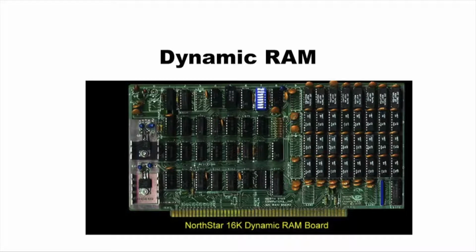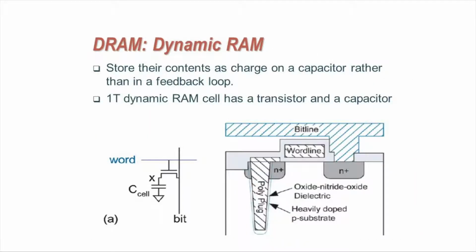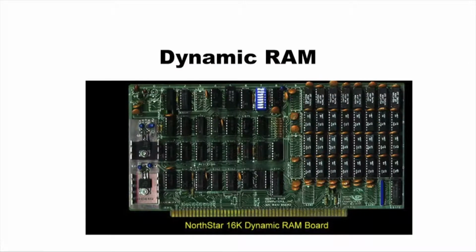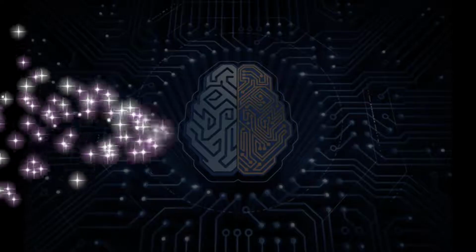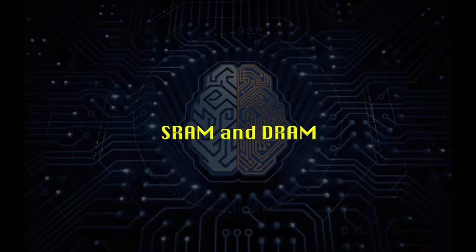Dynamic RAM, also known as DRAM. DRAM stores bits in cells consisting of a capacitor and a transistor. The capacitor can be either charged or discharged. These two states are taken to represent the two values of a bit, namely 0 and 1. As the capacitors tend to lose the charge stored on them even though the power supply is on, they need to be refreshed at regular intervals to maintain the information.